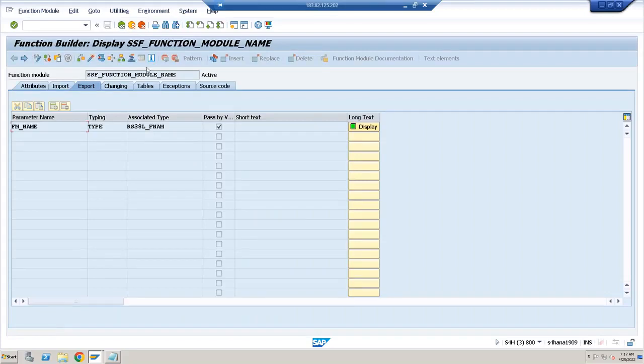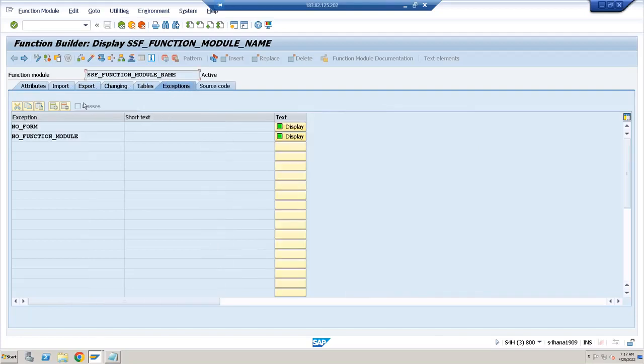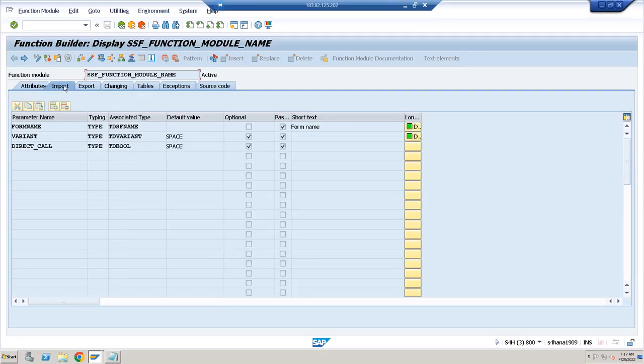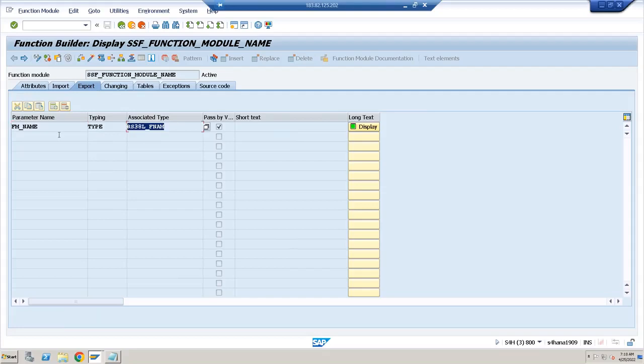So what is the signature of this function module? Actually, export parameters are always optional. If you are interested, we can import, otherwise we can ignore. In this case, I need to import so that I can call it. Changing, I don't do anything. Tables, I don't do anything. Exceptions, it might raise these two exceptions. Our job is only to handle the exception. So the signature of this function module is: it takes a smart form name as input and returns the associated function module of type